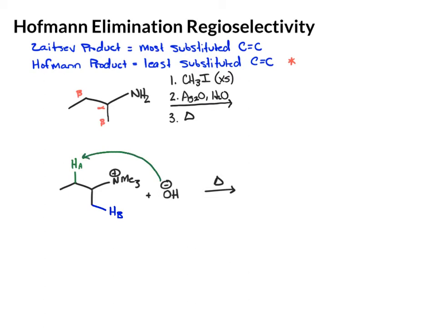the base attacks that proton, and we get the double bond. Now here I've drawn the cis double bond, but you could also think about the trans double bond. But now if we go to HB and do the same thing, use our base and attack it, and do the elimination,